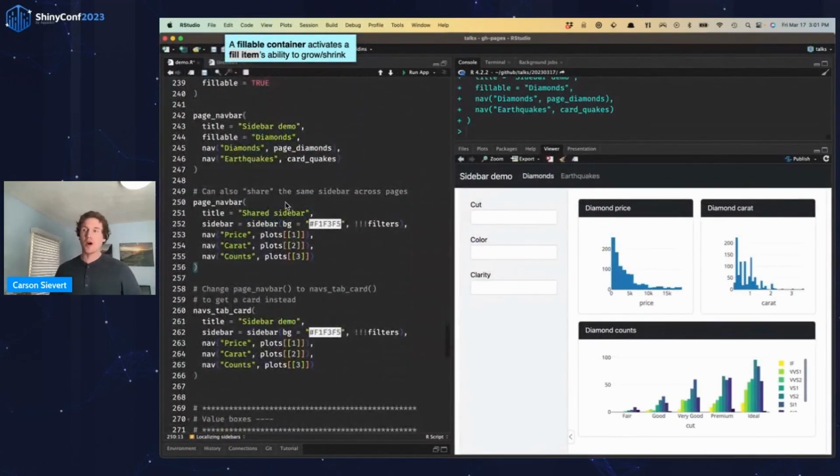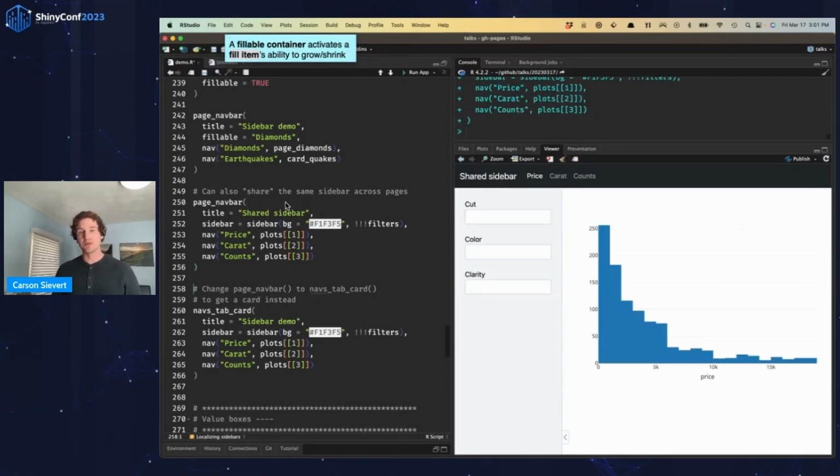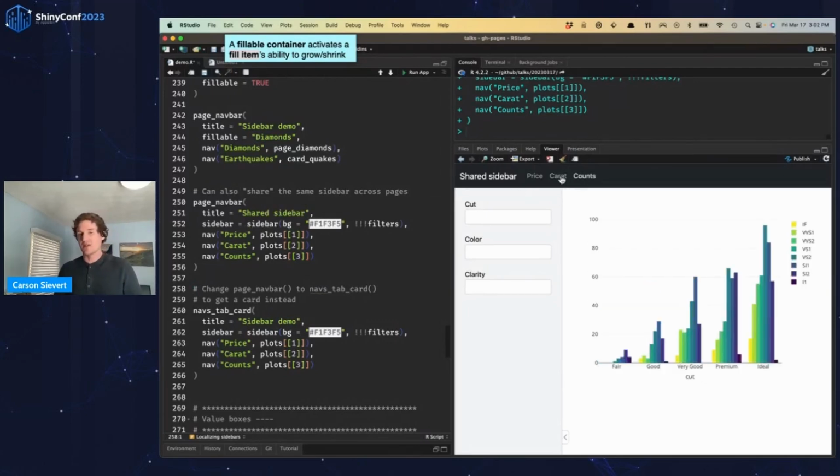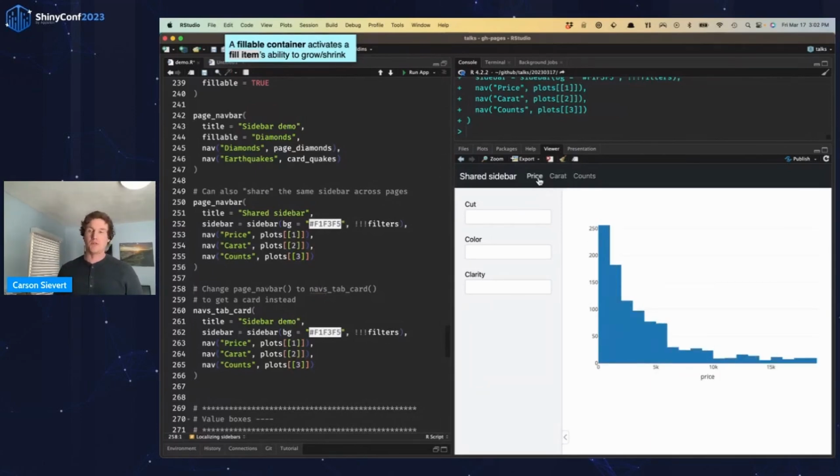All right, now if you want more of the shiny dashboard kind of thing, where it assumes that you want a singular sidebar that's shared across every page, then you can do something like this, where you provide the sidebar object to the sidebar argument. If you are in a scenario where you have some input controls that are truly relevant and truly affect the data being shown on each page, then maybe you want this kind of functionality.